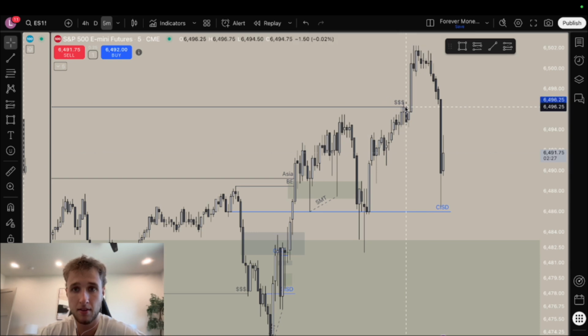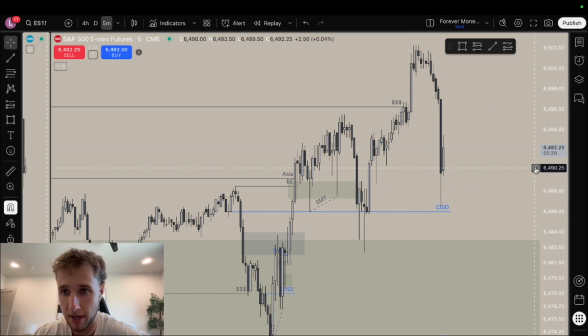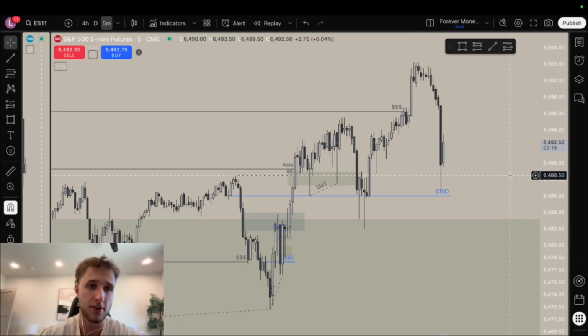And I think I'm up like only like 400 on the week. So basically break even, but that was my trade today. Very happy with my trade. This is my model. This is what I'm going to take every single time. So very happy with this